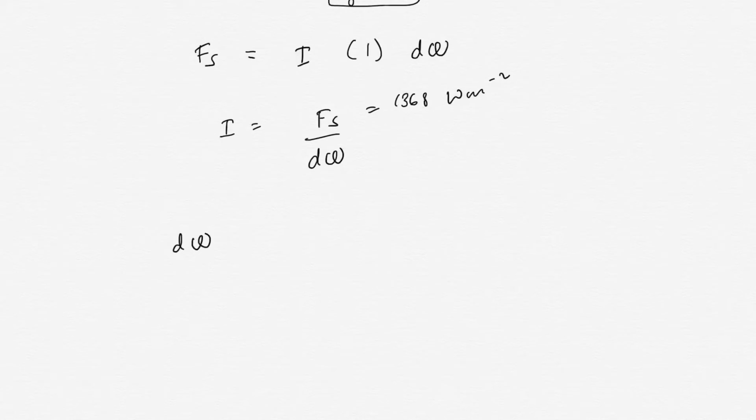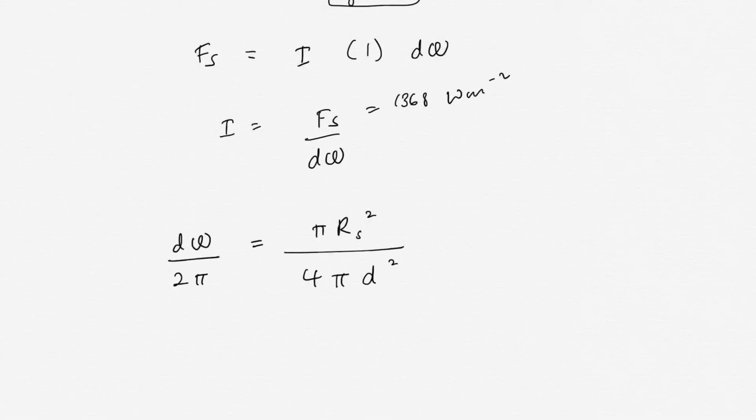So d omega over 2 pi, which is the entire hemispheric source of the Earth, is equal to the size of the sun, or the area of the sun, pi Rs squared, where Rs is the radius of the sun, which is given in the question, over the entire sky, or the entire large area of the sky. So that can be considered as a hemisphere at 4 pi